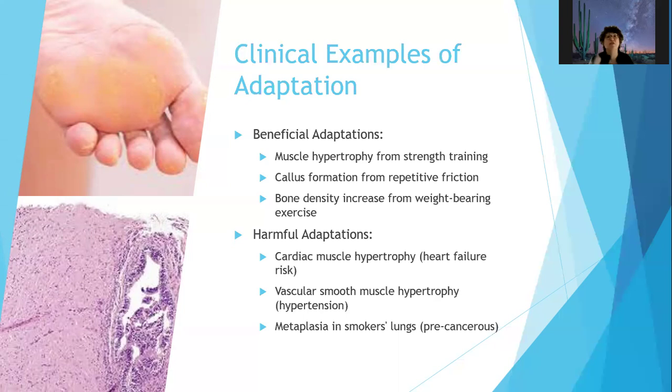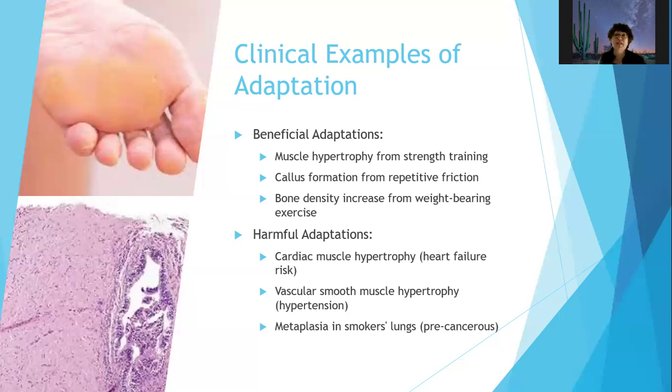Harmful adaptations: cardiac muscle hypertrophy. Why is your cardiac muscle getting bigger? Is it working too hard? You're at risk for heart failure, and we'll talk extensively about that. Vascular or smooth muscle hypertrophy can be caused by hypertension. So if you constantly have high blood pressure, your arteries have to work harder, the muscles, and you get hypertrophy,